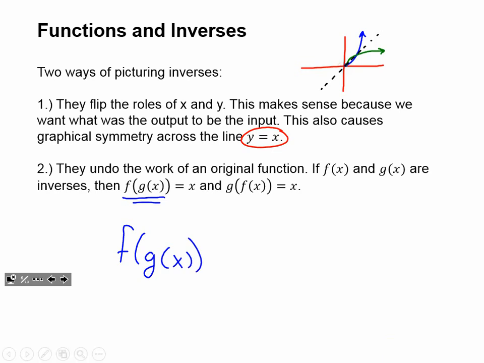We have our ultimate inside. We have an input x going into this function g, and then the output of that, g of x, is going into function f. And if that ends up coming out as the same thing it started off as, that means it goes into the machine, into function g, gets worked on, goes through the second function, the second machine f, which undoes all the work of g and leads us back to the same thing we input in the first place. So it's a nice check, a nice way to just plug in values and confirm that we have inverses or not.